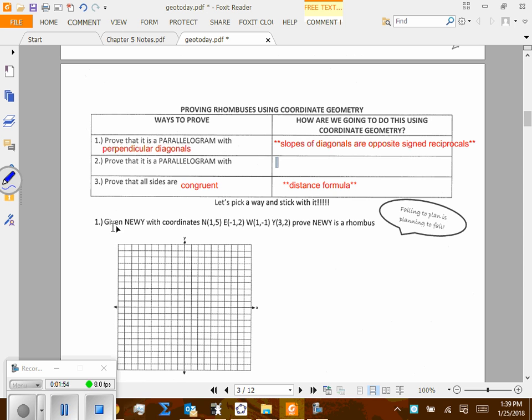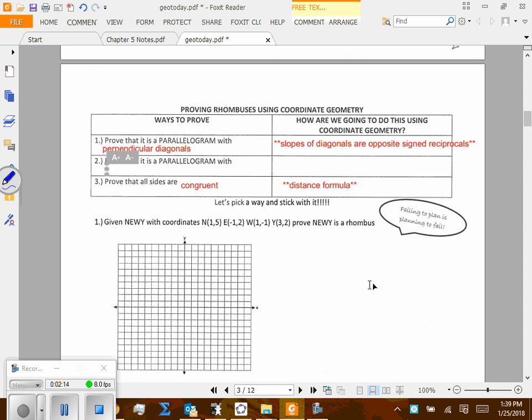Part 2 says prove that it's a parallelogram. Now the additional component that shows a parallelogram is also a rhombus is that essentially in a parallelogram, don't we know both pairs of opposite sides are congruent? Yeah. So if we're able to show that,